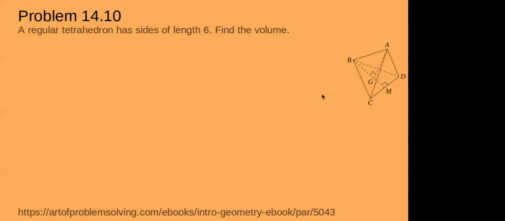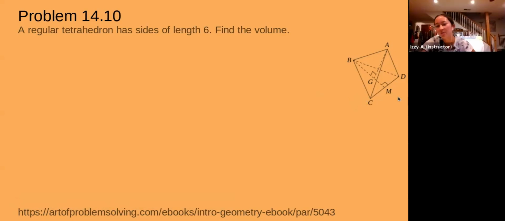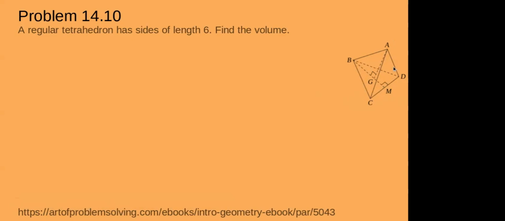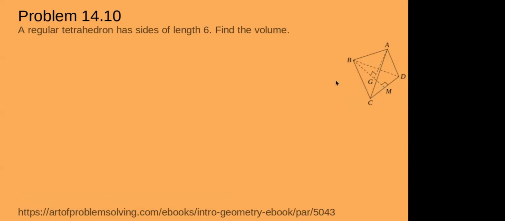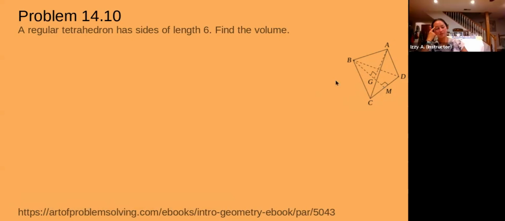I have a question. Why does it not look 3D? Okay, I know it's kind of hard to imagine. Triangle BDC is going to be the base. AG is going to be the height. BAD is the back face. BAC is the face facing towards the left. And triangle ADC is the face facing towards the right. Now I see it.